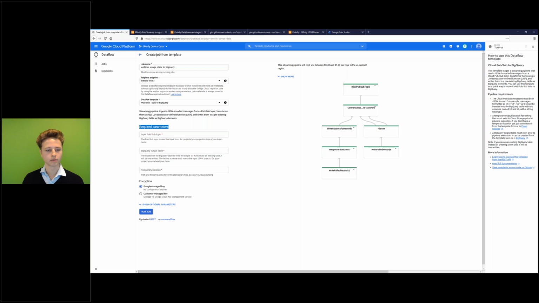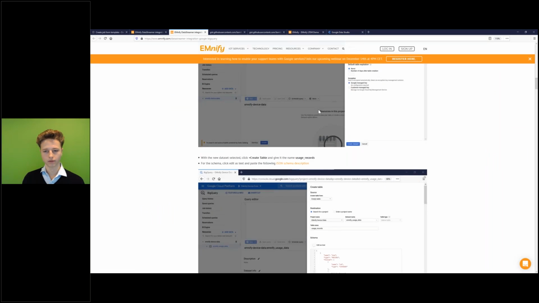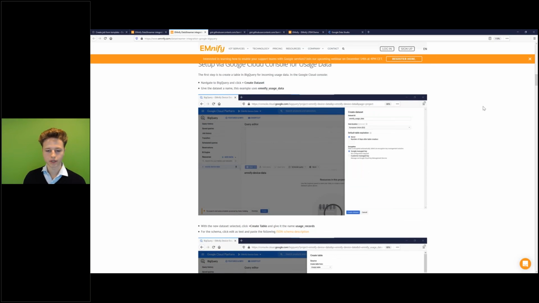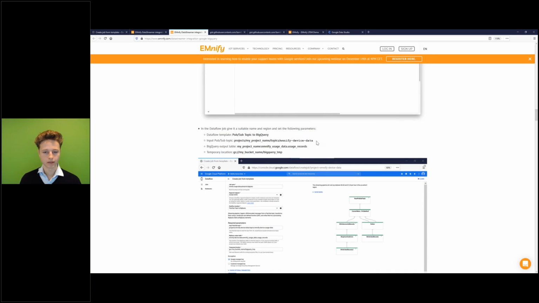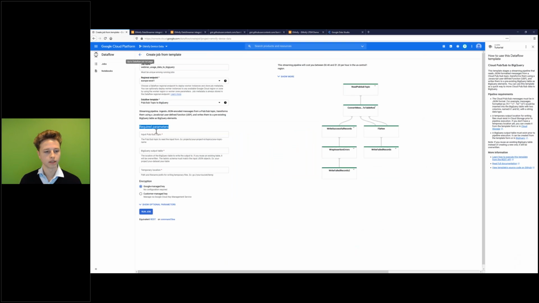And now we need to fill out some required parameters. Therefore, we go back to the BigQuery integration guide and scroll to this point right here, and copy the lines right here into these fields. And we need to replace my project name with our project name, in my case, Amnify device data.